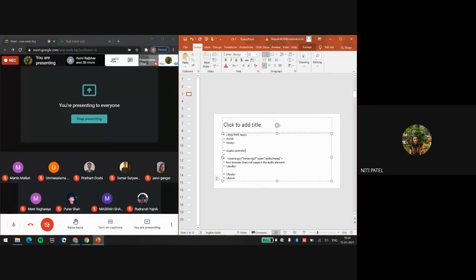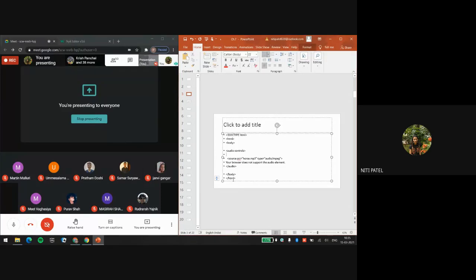So what is the source tag going to tell? The source src attribute tells that whatever is written in front of it, it is going to play that when I run this particular code. What type is it? Type is equal to audio slash mpeg. Audio slash mpeg is the type of the audio that I'm going to play. I have closed the audio tag, the body tag, and the HTML tag. So when I run this program, I will have one audio file with some controls like play and pause. When I click on play, it will play this horse.mp3. When I click on pause, it will pause that particular horse.mp3.